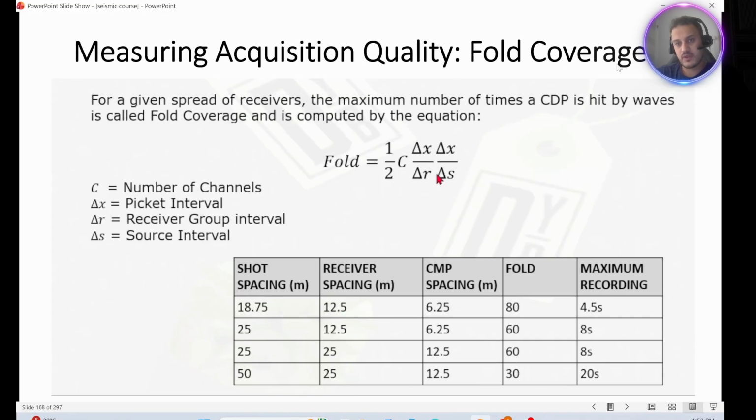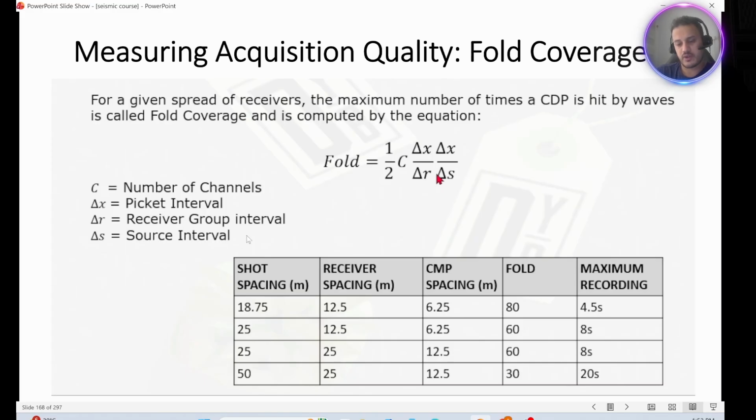Next is the fold coverage. For a given subset of receivers, the maximum number of times a CDP is hit by waves is called the fold coverage, and is computed by this equation. So this is the shot gathering, and we have the receiver, the CMP, and the fold, and the maximum recording. The fold depends on the number of channels, the receiver group interval,